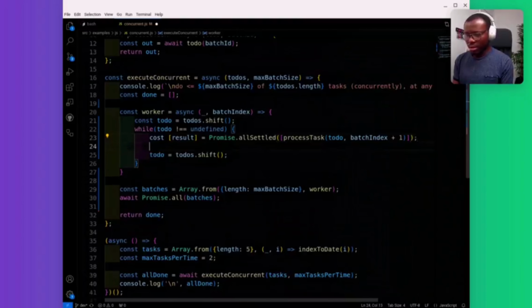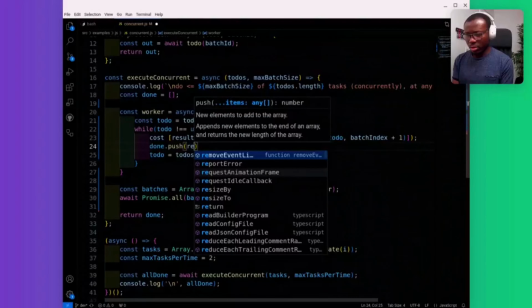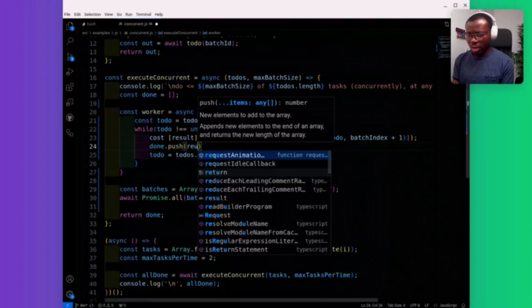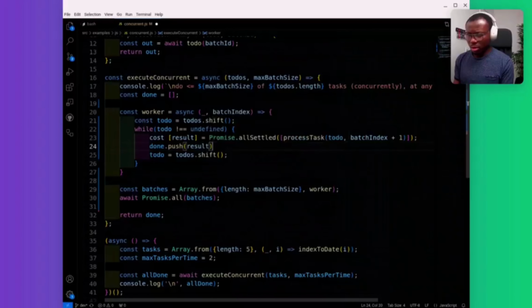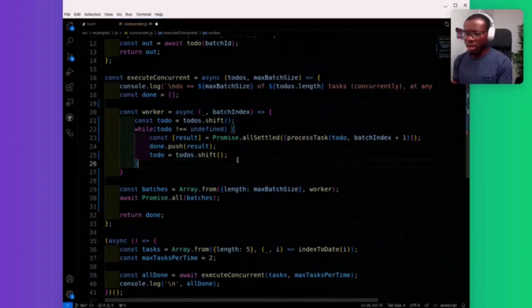So once we have this, all we have to do is add that result we've gotten from executing this to-do. We just want to add it into the collection of results, which we're calling done. This should be const. And if we run this code, everything should pretty much work like the two other examples